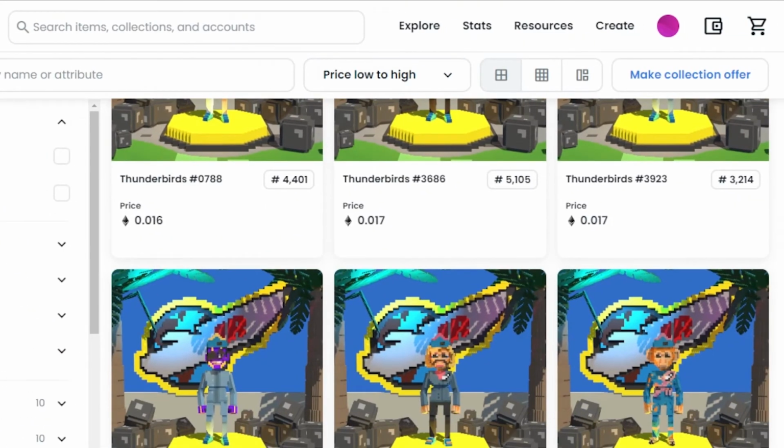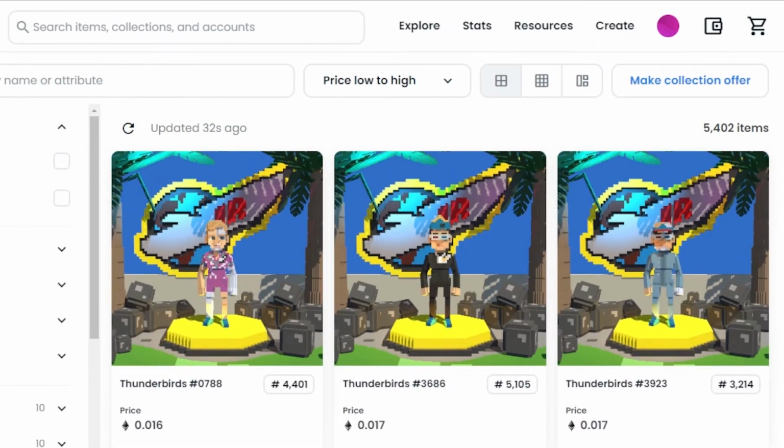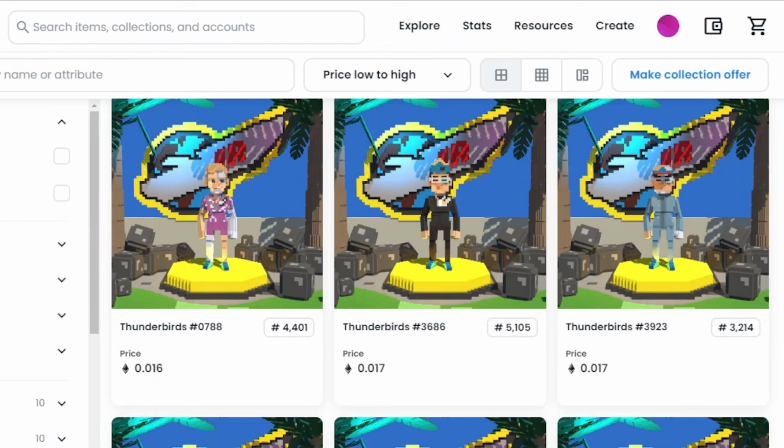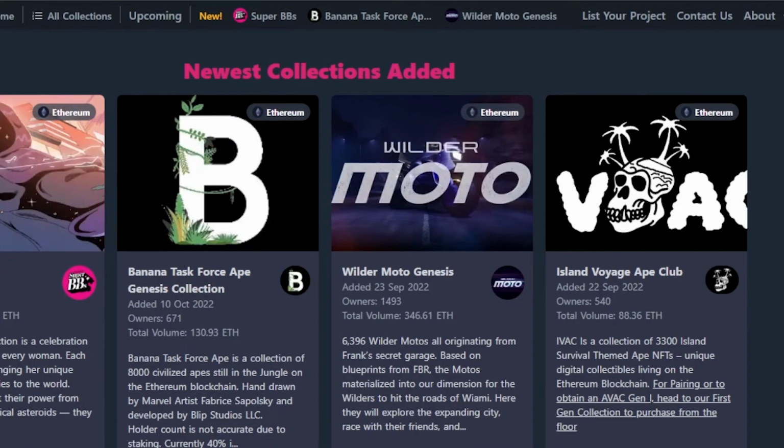Now you can see these are NFTs and they're actually a little cheaper. This one is 0.016 Ethereum, which is going to be like $30, $50, I'm not sure, but cheap, less than $100. So what I will do is buy this NFT, or I can place a bid and buy it for $30, $40. I have this NFT now. I own it. I can use a tool known as rarity.tools to check out the rarity of this NFT